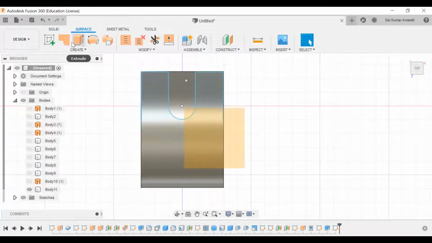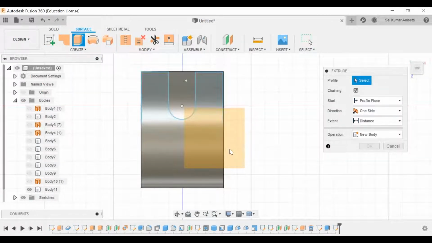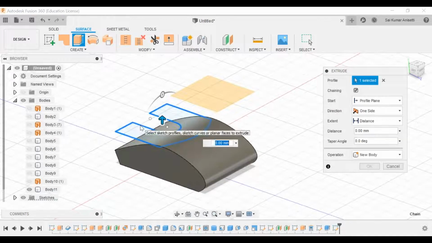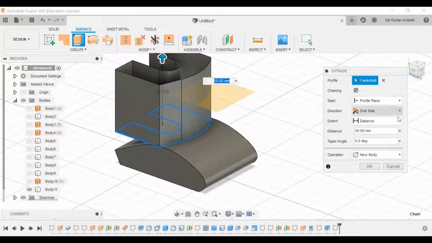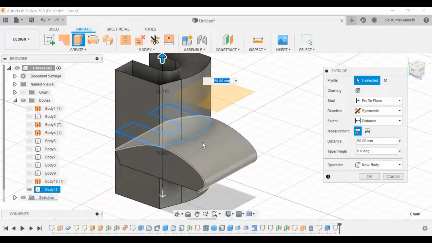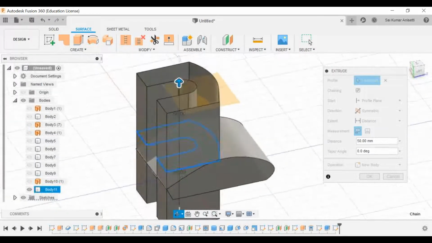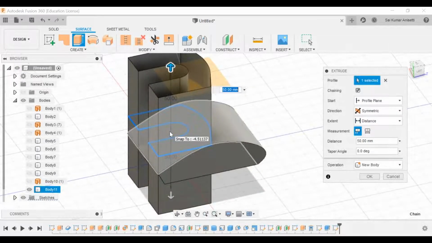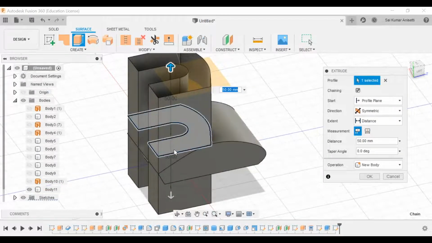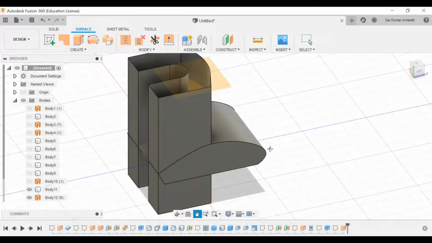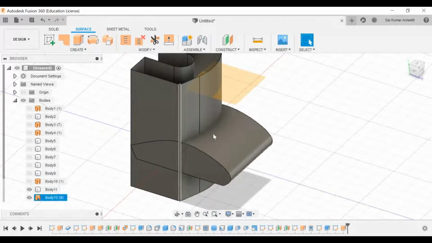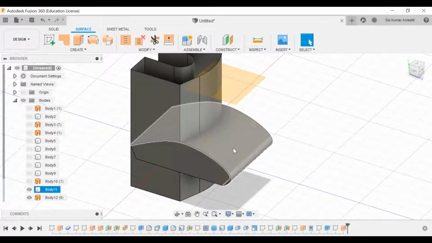So I'll go to surface and try to extrude it, making it symmetrical. Just observe the steps. I'm making a simple mouse shape for the left click and right click, a random shape without any dimensions. This is my surface and this is my solid. Do remember that.